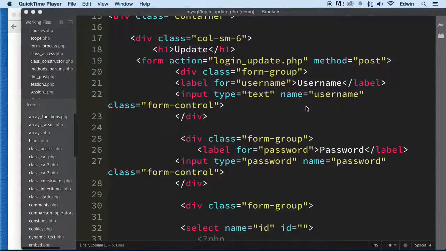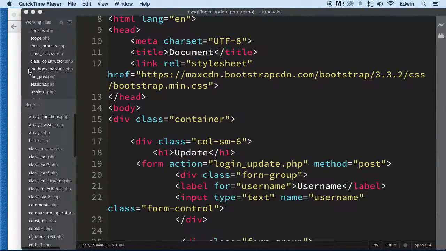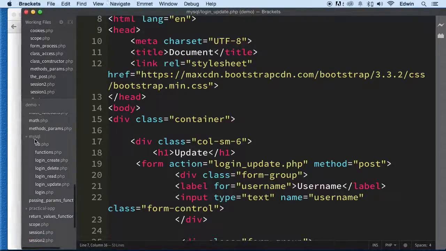Hi, welcome back. In this video, I want to do some more refactoring with our little applications here. I think we should include many of these things, the header, the footer, in other parts of our file structure, all right? So here on my SQL, I'm going to click on it,